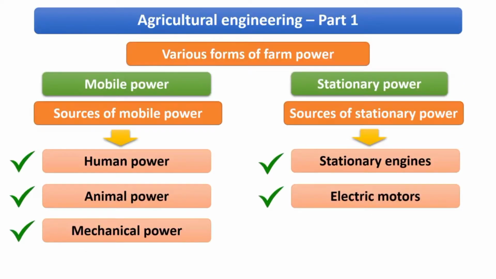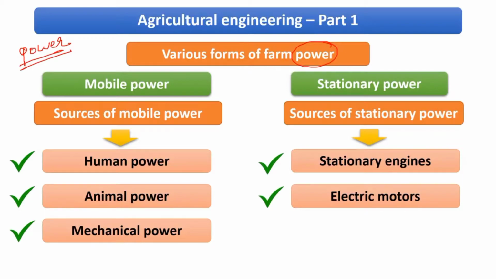Now, before we directly jump into the chapter, you need to understand that to perform work, what is required? We require power. Right now, if you see, usually if we want to do work from morning to evening, what do we do? We eat, right? So that is our fuel, okay? That gives us the energy to perform the day-to-day tasks, right? Like that, in the farm also we require power, due to which the various works can be performed, okay?